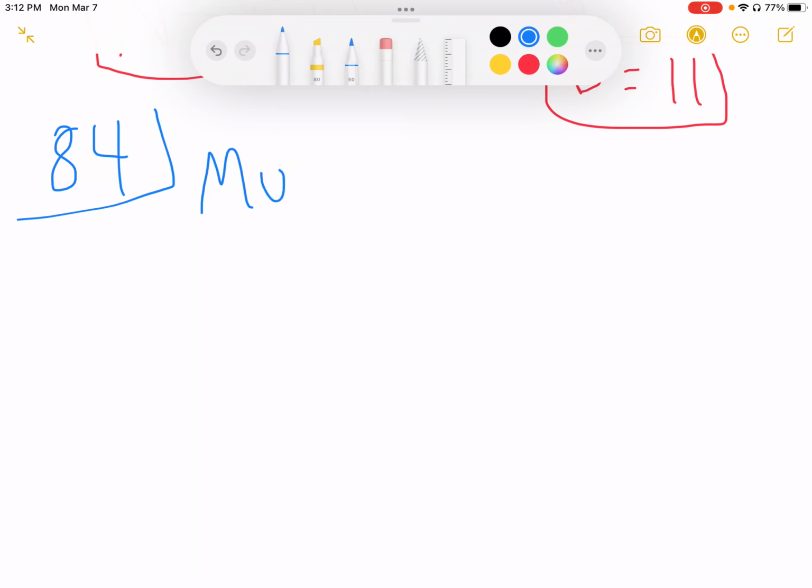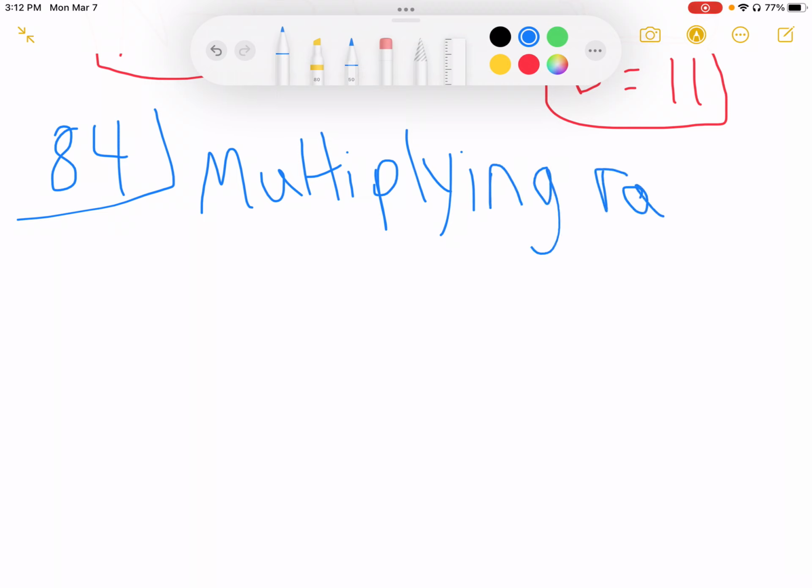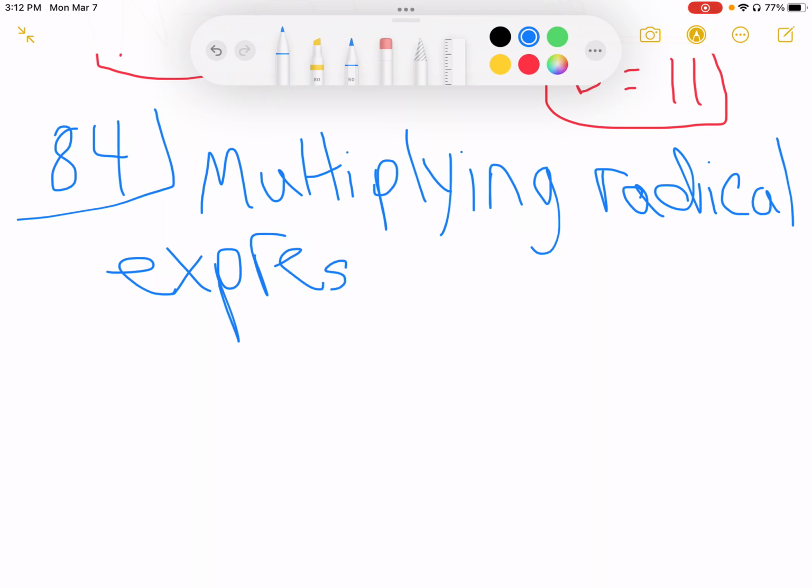So, multiplying radicals. I mean crazy expressions, but radicals are square roots. I'm going to put it in words, then I just say multiply